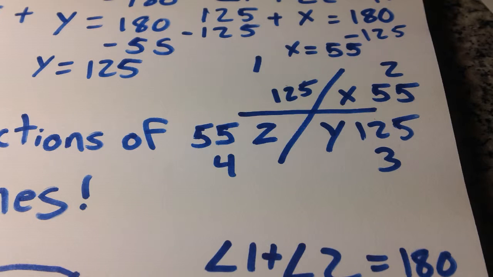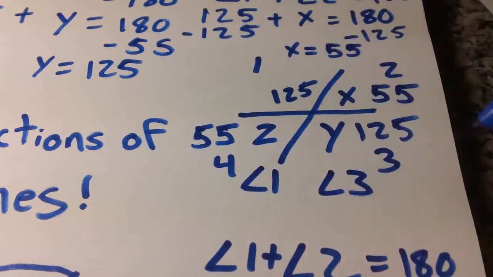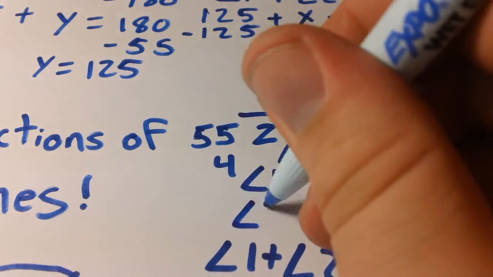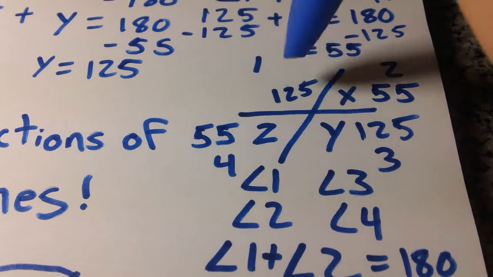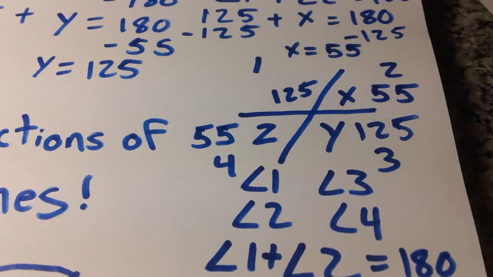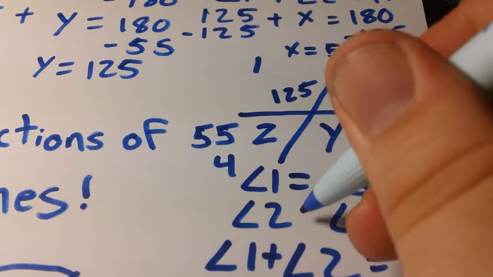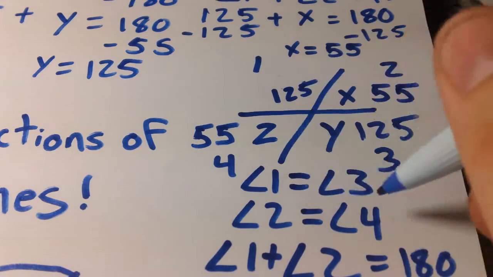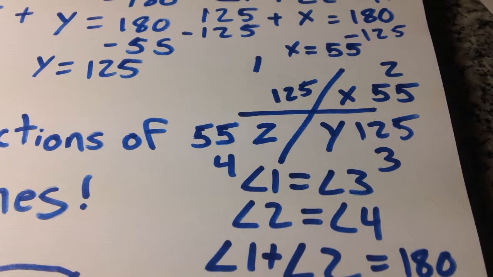So now we have a new equation that we can write. We have new pairings, new definitions, right? So we have angle 1 and angle 3. And then we have angle 4 and angle 2. And we have to figure out how they're equal. Now, whenever I say these vertical angles, they're congruent, they're the same, they're identical, that just tells me an equal sign. If they're the same thing, we can say one equals the other, right? So we now can add angle 1 equals angle 3 and angle 2 equals angle 4 into the mix with